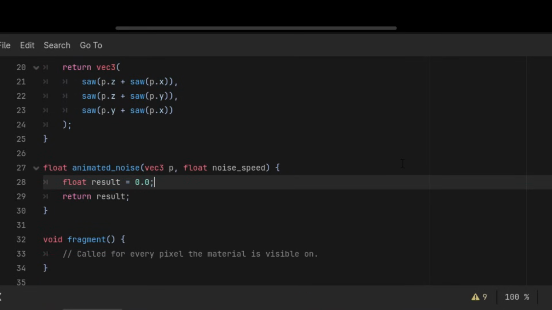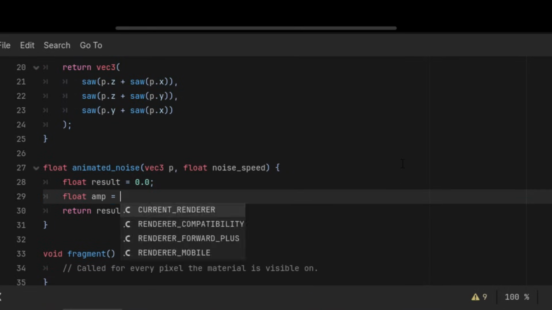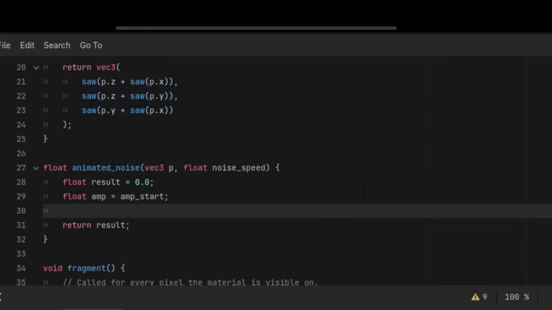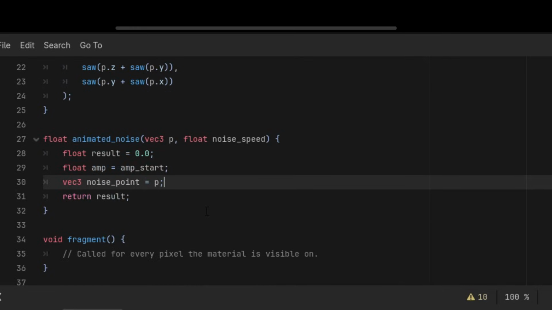And now the implementation. So first, float amp equals amp_start. This is necessary because amp_start is a uniform parameter, so it cannot be changed, but we need to change the amplitude during the calculation, so that's why I assigned it to a new variable. And now vec3 noise_point is p, so this is the input parameter. We can change it, but it will be better readable if we assign it to a new variable as well, and then do some changes in the loop. And now the loop itself,